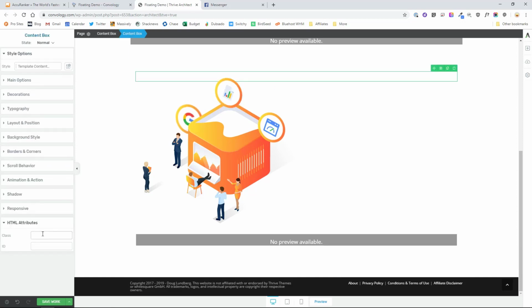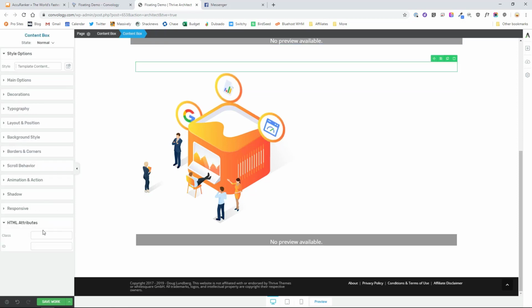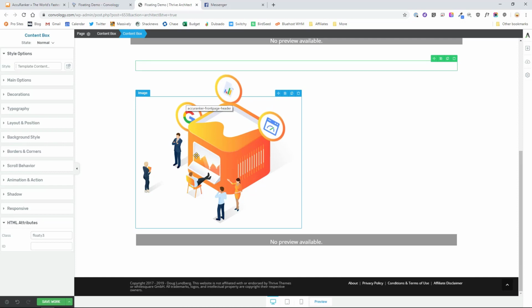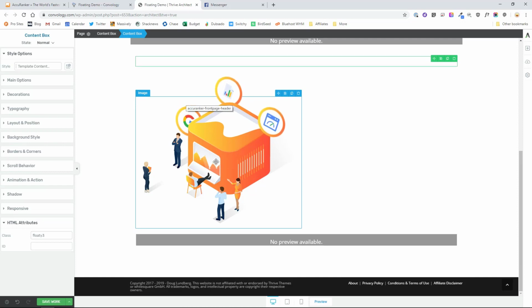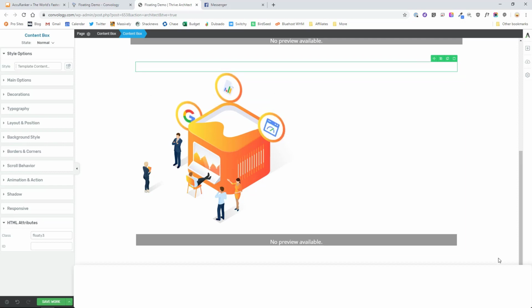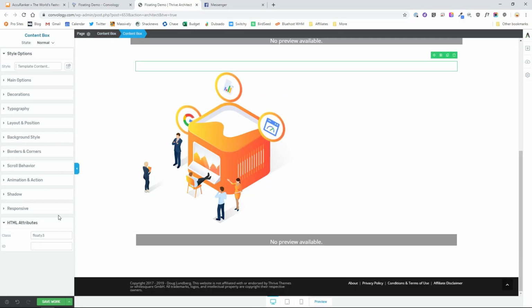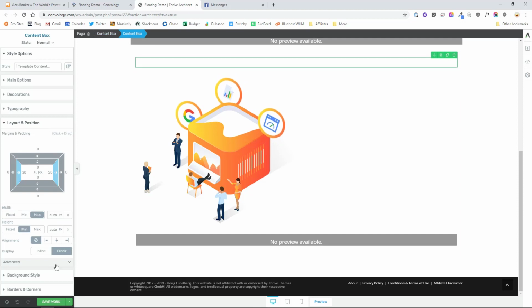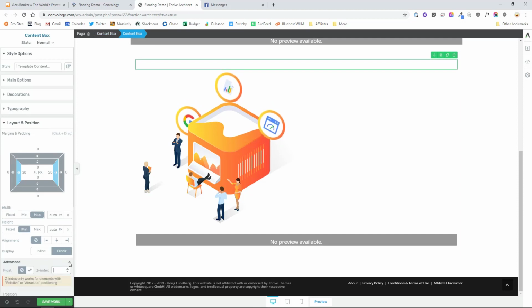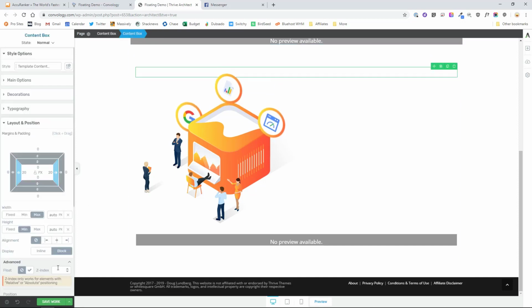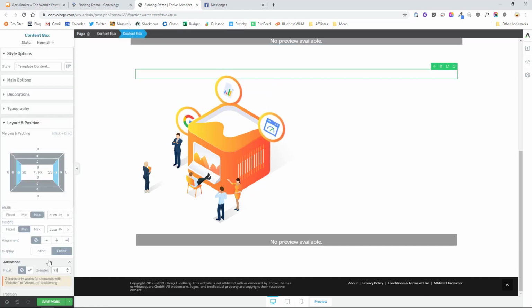Let's go to the content box and make this one floaty 2. And let's go to our last guy's content box here and make that one floaty 3. So now they should all be floating. You will notice that they seem to be floating and appearing behind the original image. You can fix that real quick by simply clicking on the content box that they're in and going to layout and position and setting a z-index of 99. And for each of their content boxes, just go in there and set it for 99 or 98,